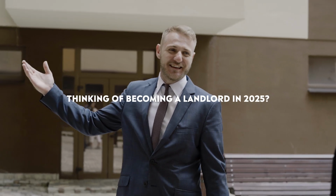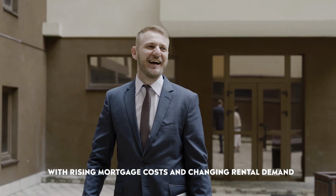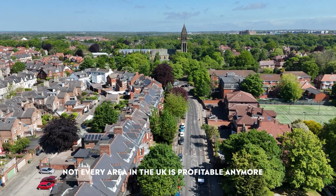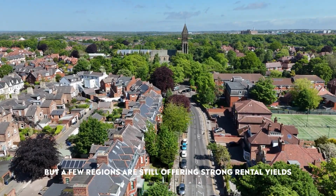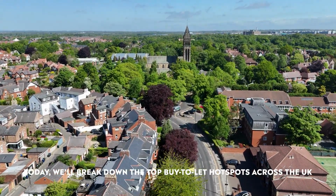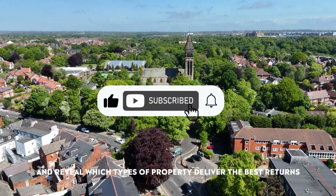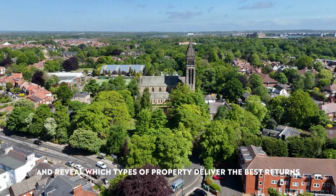Thinking of becoming a landlord in 2025? With rising mortgage costs and changing rental demand, not every area in the UK is profitable anymore, but a few regions are still offering strong rental yields. Today we'll break down the top buy-to-let hotspots across the UK and reveal which types of property deliver the best